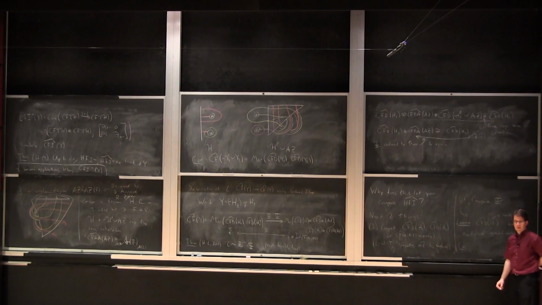So it's sort of rigid in some sense. This is an analog of something from Khovanov homology that was used to prove functoriality there. And that implies that there's a unique up to homotopy, homotopy equivalence from CFD of H1 to CFD of